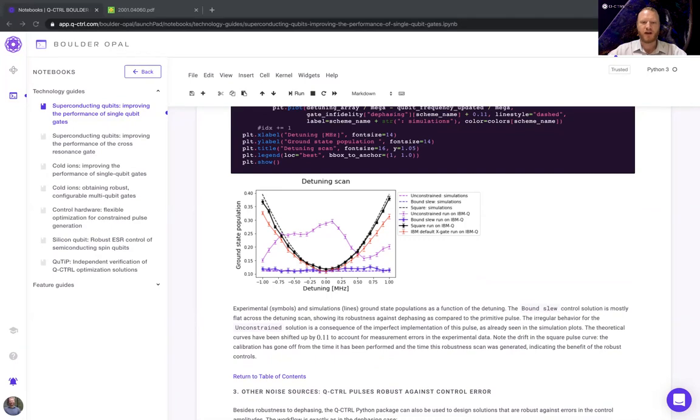As we increase the error and increase the detuning, we can see that the square pulse rapidly diverges from the ideal operation, showing it is not robust to this noise process. The bound slew result, on the other hand, has a flat curve, indicating that it is robust to the detuning error as we designed it. Once again, the unconstrained pulse doesn't appear to apply the correct operation, whether we have noise or no noise. As a comparator, we also provide IBM's default X gate, and we can see that this is not robust to